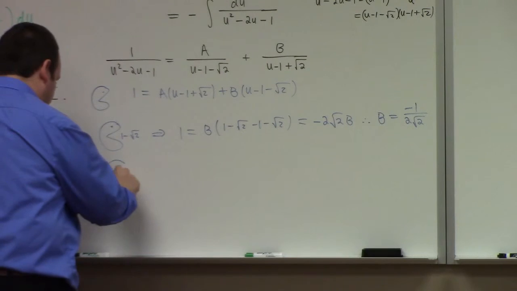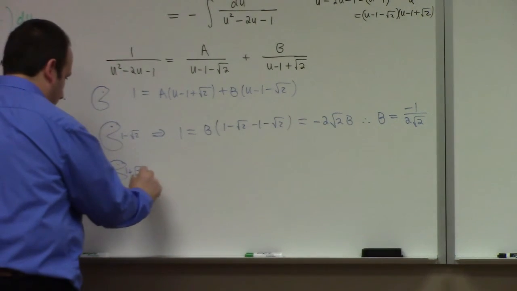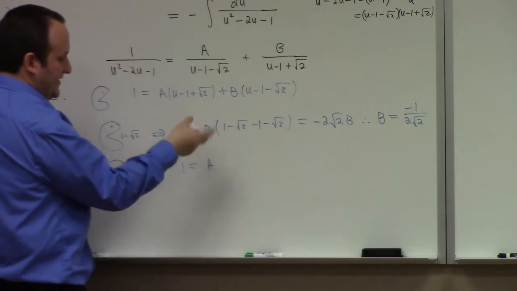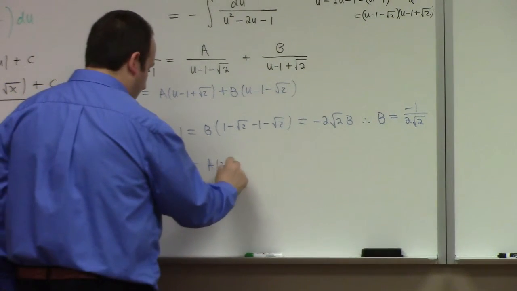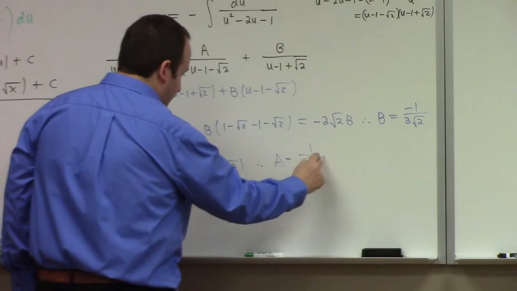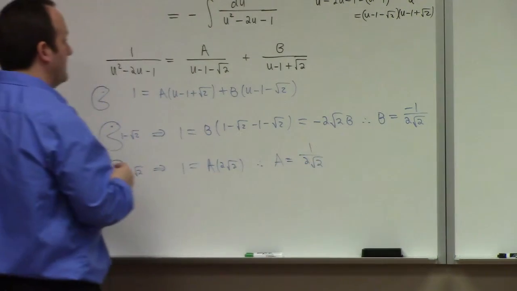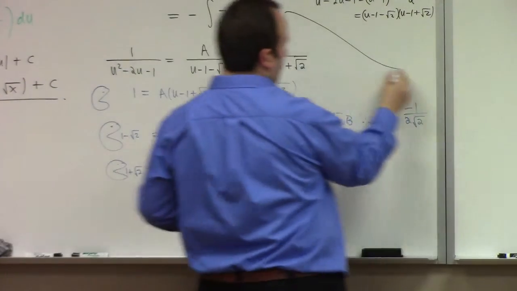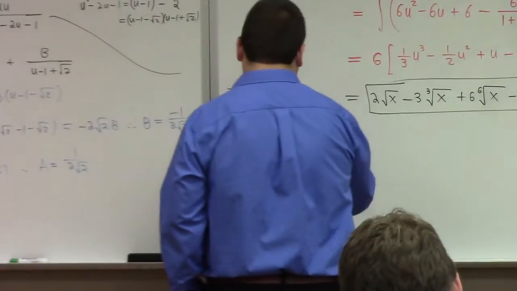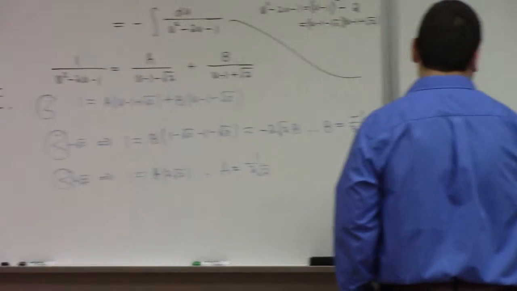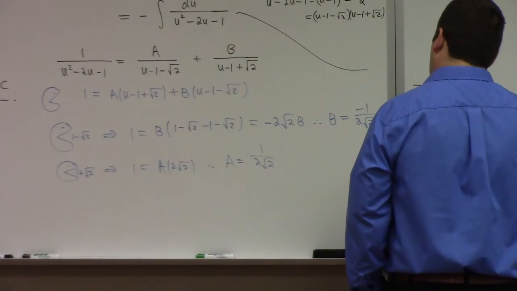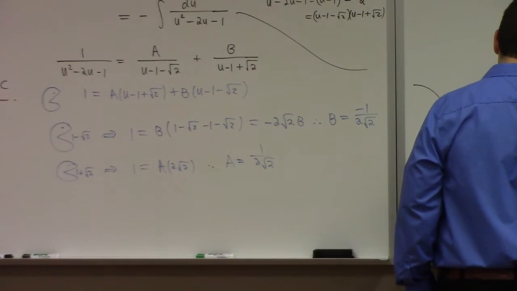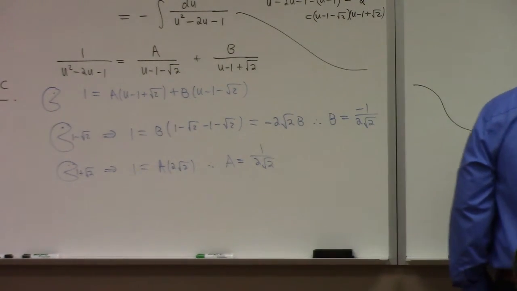And if you let Pac-Man eat the other root, 1 plus the square root of 2, that gives me 1 is equal to a. And then this time the 1's cancel again, and you get 2 root 2 again. So a is equal to 1 over 2 root 2. Sorry, I've worked myself out of space here. So we have then 1 over 2 root 2, and then we've got 1 over u minus 1 minus root 2 minus 1 over u minus 1 plus root 2 du,